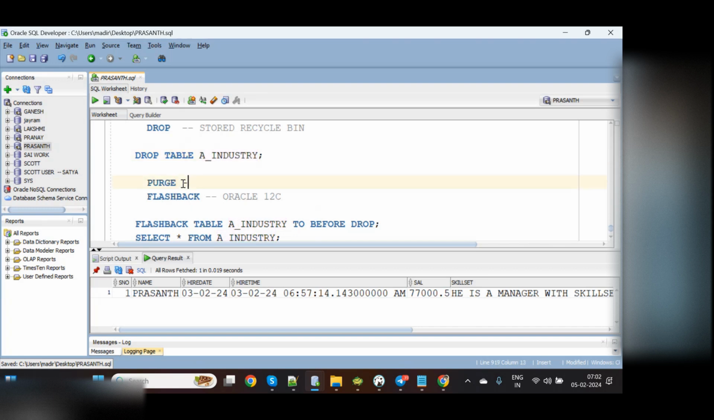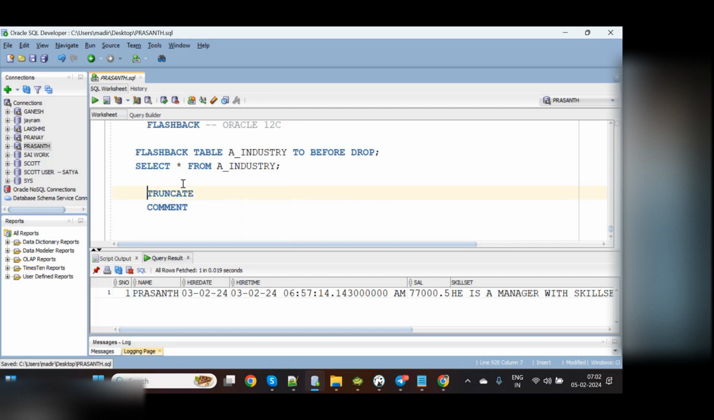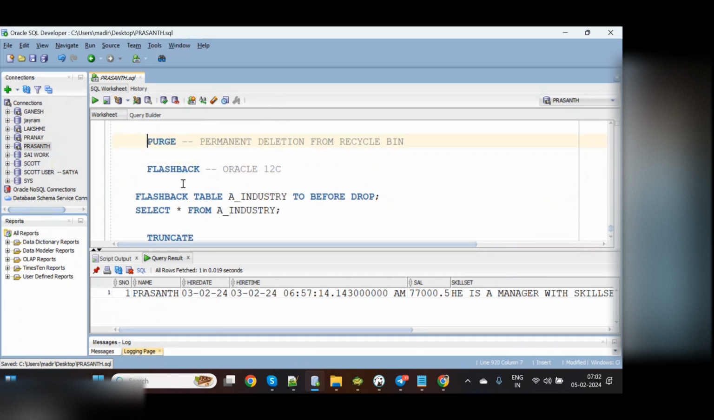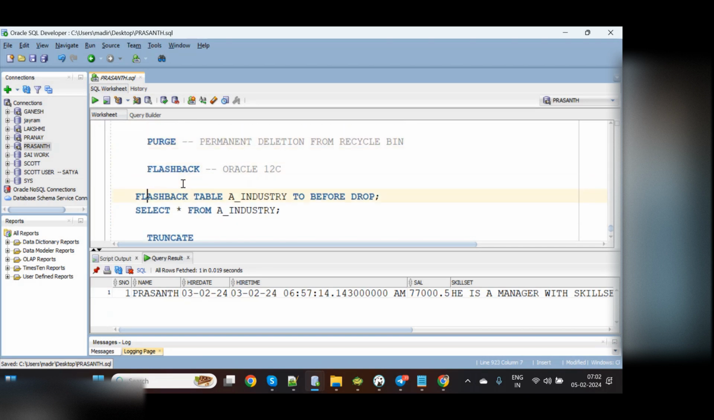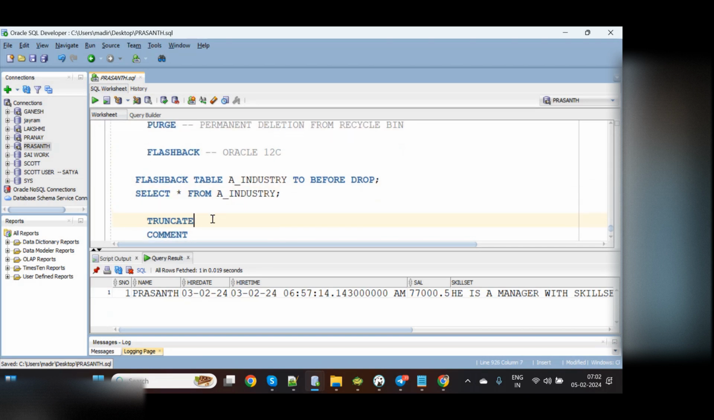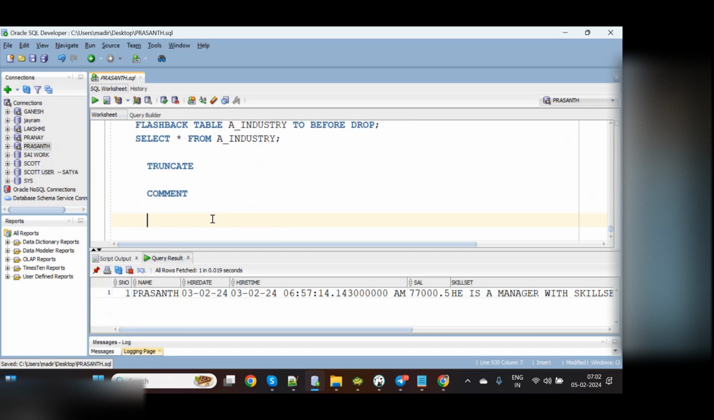But purge is a permanent deletion from the recycle bin. Once you purge the table, we cannot retrieve it back. I will show you at the end of these two commands. So now coming to comment. Before that,